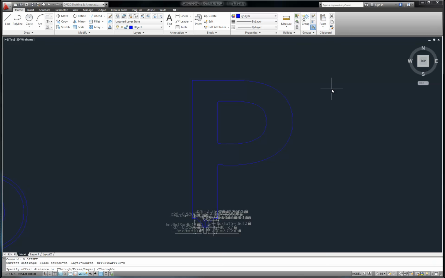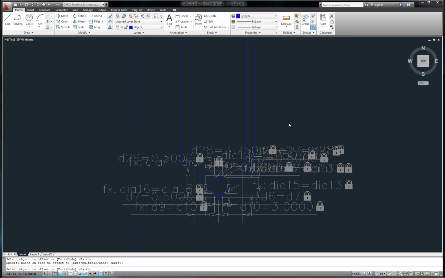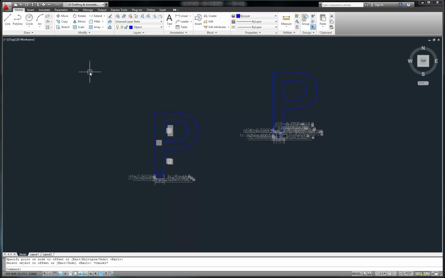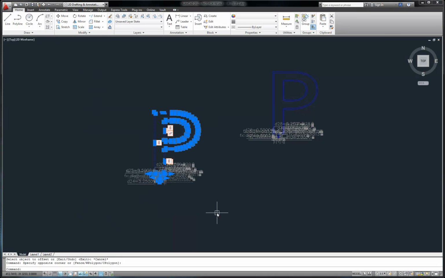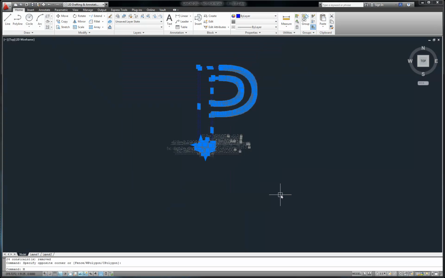O for offset. Type in 1 for the distance that I want to offset it. And I'm going to go just like that. And we've just offset that distance 1 inch for our P that we want to bring into Inventor. Okay. I'm going to throw that away. I take this and I'm going to move it,